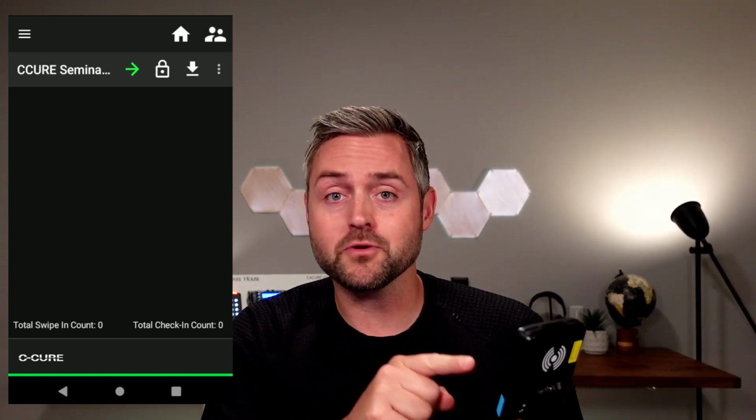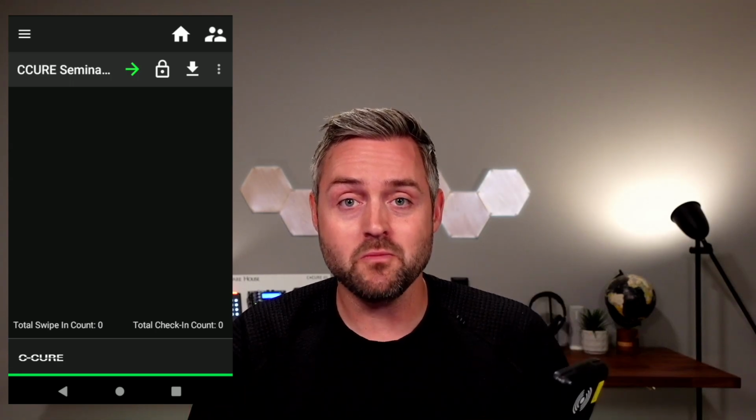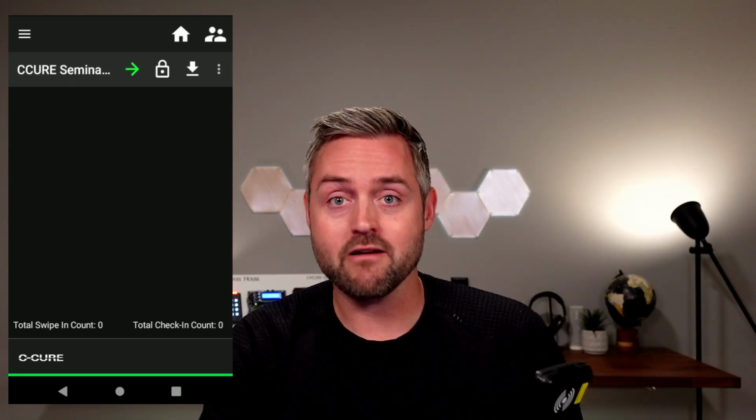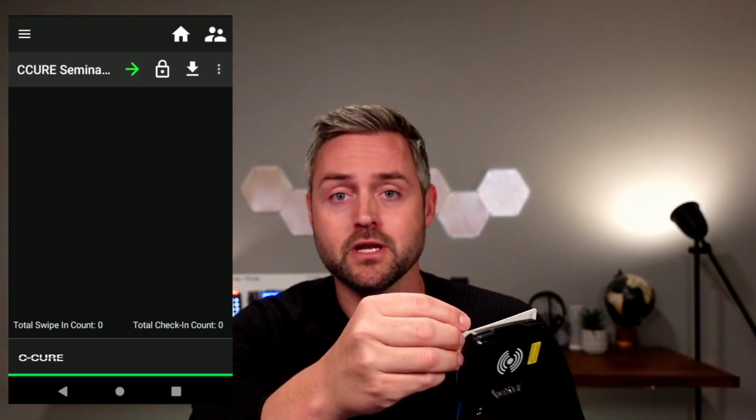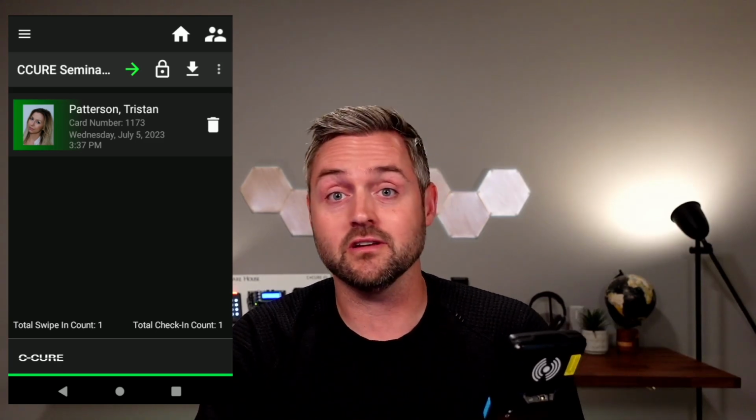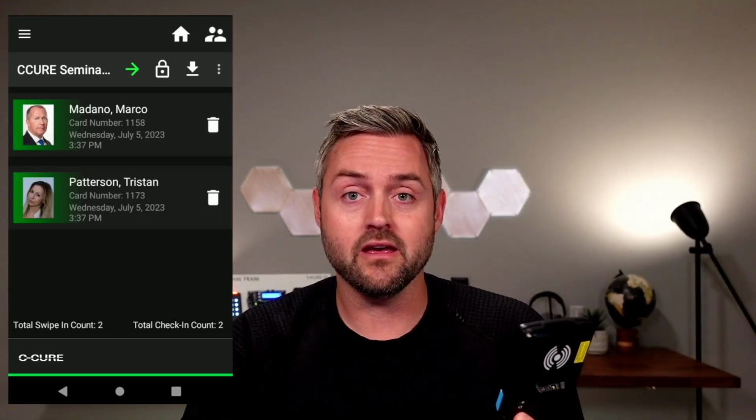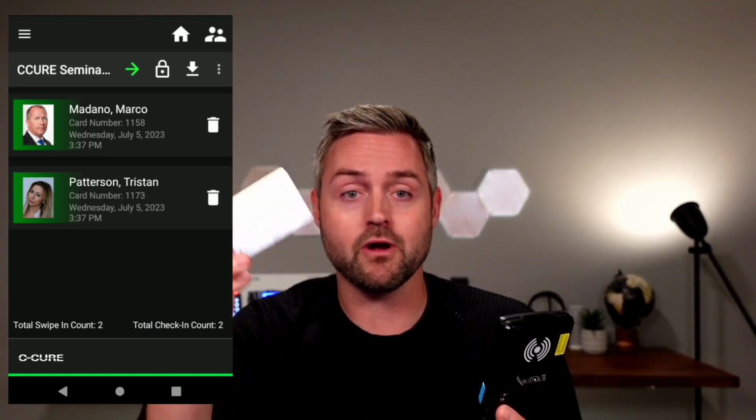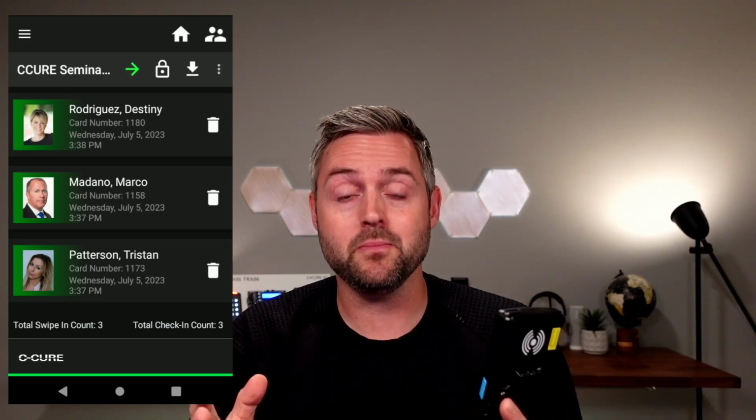You can see at the top there's a green arrow, which means it's ready to start checking people in. So it's the first thing in the morning, attendees are starting to arrive. The first person to show up is going to be Trisha Patterson, so I'm going to present her credential. You can see now that the check-in count goes from nothing to 1. The next person is going to be Marco Medano, and then the third person that shows up is going to be Destiny Rodriguez. So present her credential, and you can see now I've got 3 people that have checked into